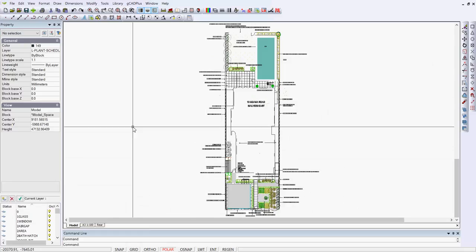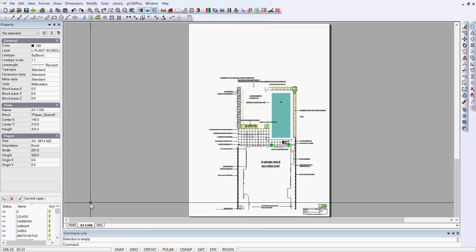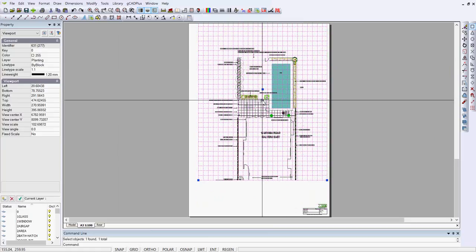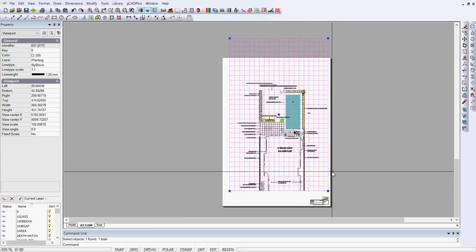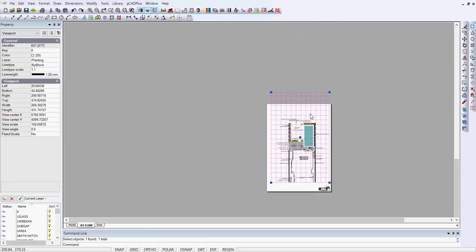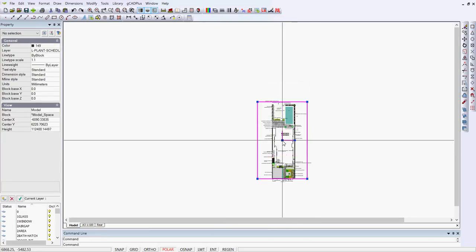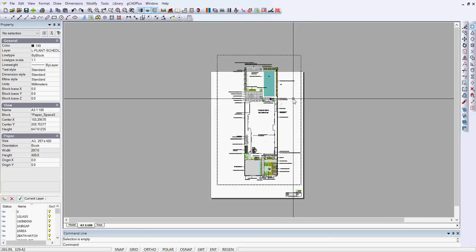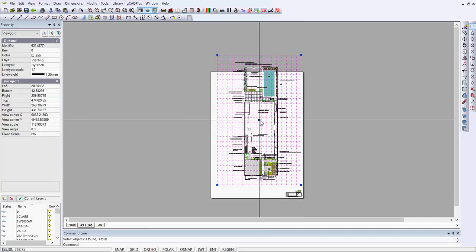So there's our model space. We can see all the text because we've changed the background to white. We've got our drawing sheet organised reasonably well, although we want to select the floating viewport and move it up like so. We might even want to bring that down. We might want to show the whole site. So in order to show the whole site, we double click on here and move that down, make it a little larger and display that on the sheet. And again, bring it down so that we can see